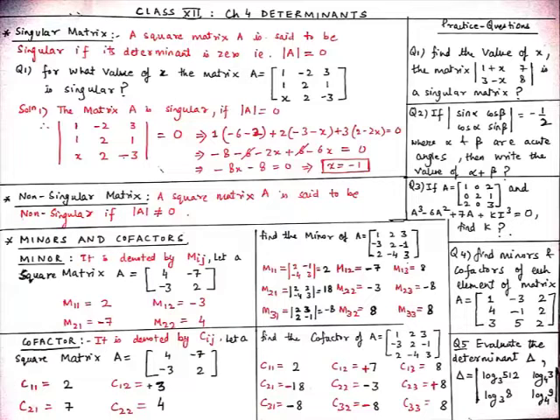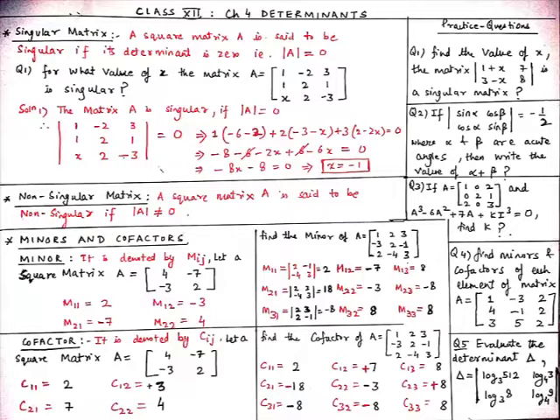As we know that if sum is even, then we will take it positive, and if sum is odd, we will take it negative. So for C11, it is positive, so C11 equal to 2. And for C12, as we know that minor M12 is minus 7, and here 1 plus 2 is 3. It means it is odd. So here we will take negative. So negative into negative will become positive. So C12 is plus 7. And now C13 equal to 8, because 1 plus 3 is 4, which is even. So we will take it positive.